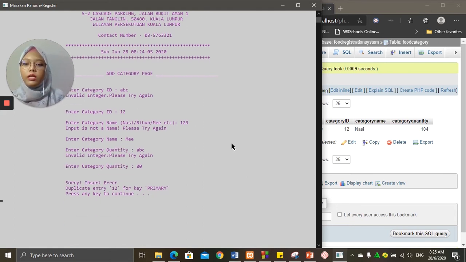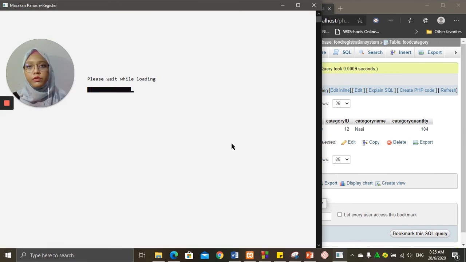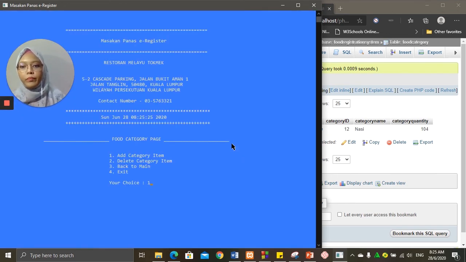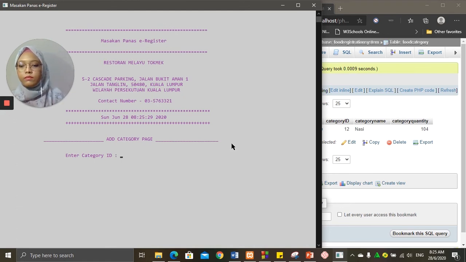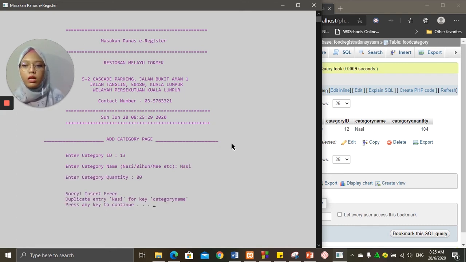Okay, so now I will test category name because I have set the attribute to be unique. Okay, this time the ID may be different. Category name, the same. Nasi, others maybe we can just add up. So here it says sorry, insert error because duplicate entry nasi for key category name. Okay, I have set category name to be unique because it is not logical, right?